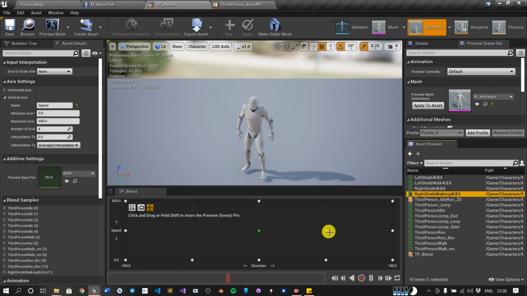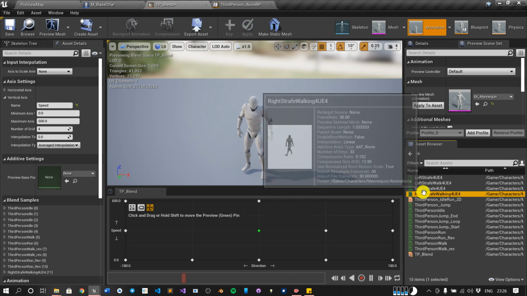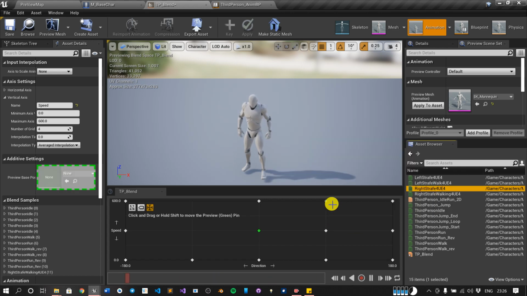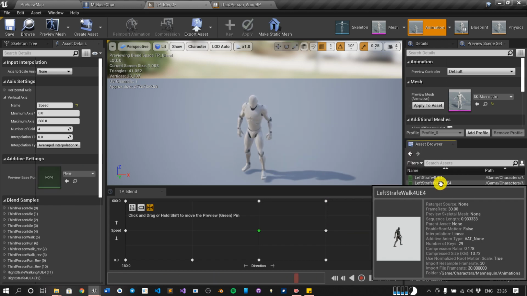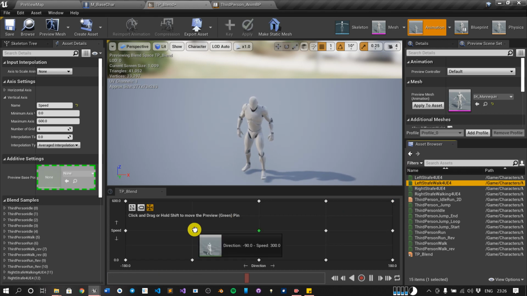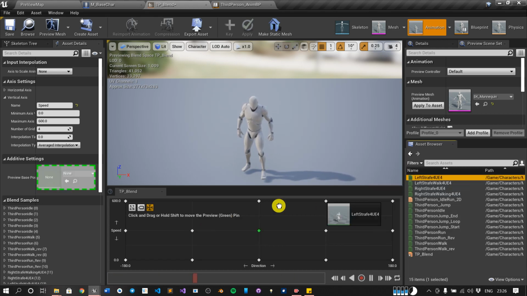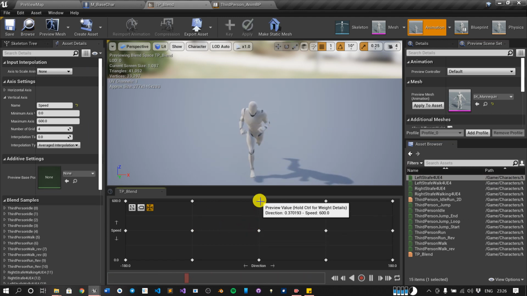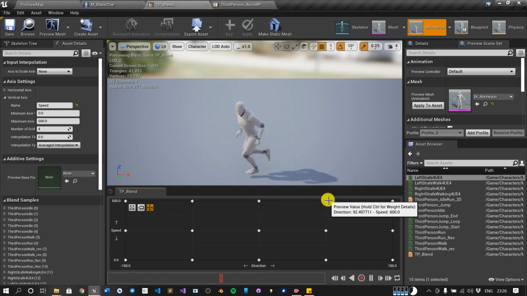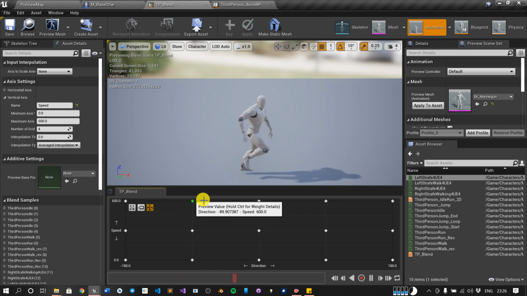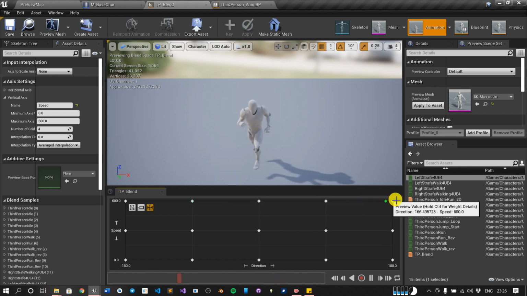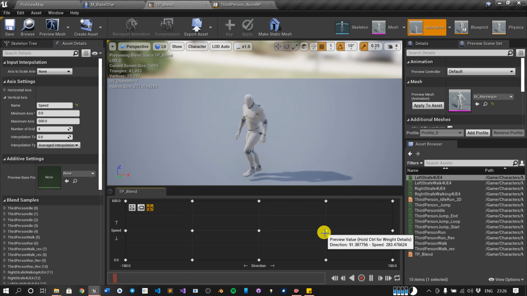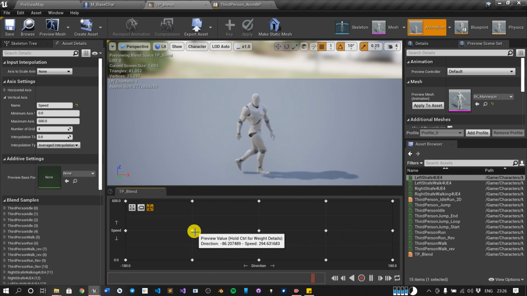Walking speed is here, and for the running we will put it here, and for the left hand side we will put walk here and running here. Okay, let's see if it is working. It is working fine. Moving left, moving right, moving back, slow, left walk, straight. Perfect. So they are working perfectly.